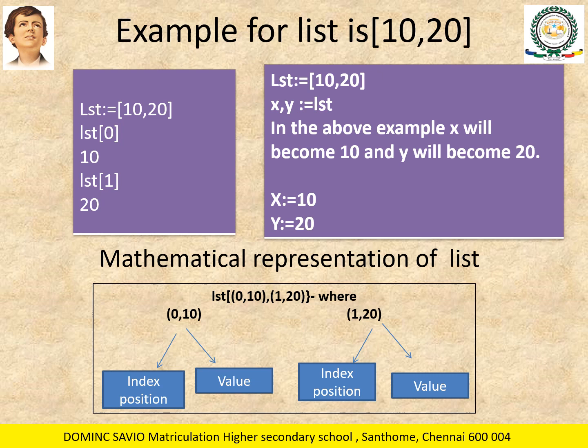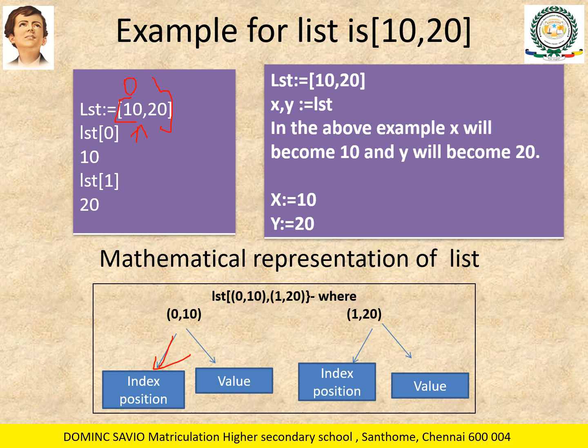See, this is the example. When you enter the values, this is a list and I have entered them with square brackets separated by commas. Normally when I do this way, I'll address this value with an index position. Generally, for example, you boys have a particular roll number and a name. I address you by your name or your roll number or your exam number, whatever it is. Same way in a list, if you want to address this particular 10, you need a name. So I have an index position. That is, this position is 0, this is 1.